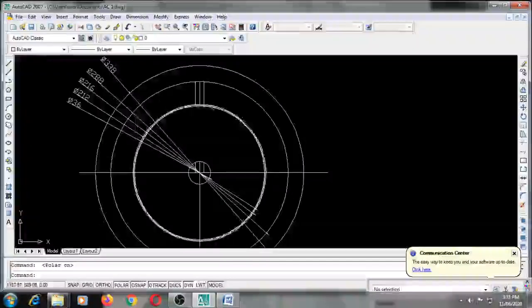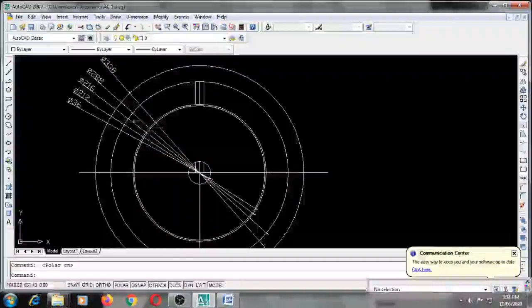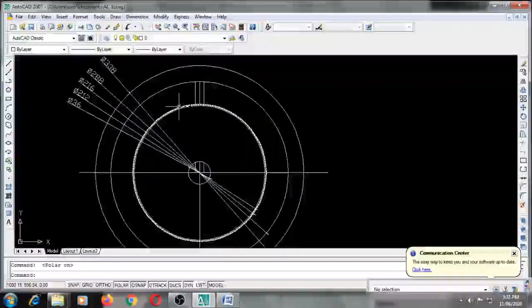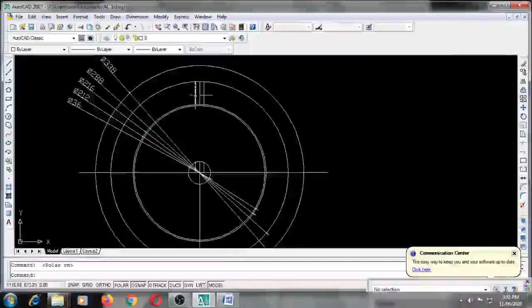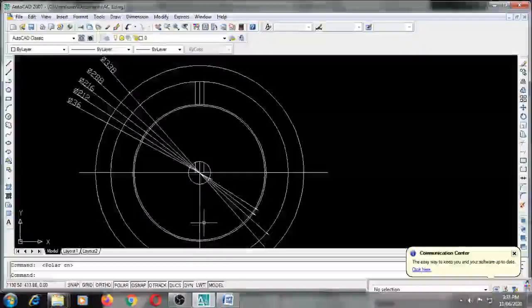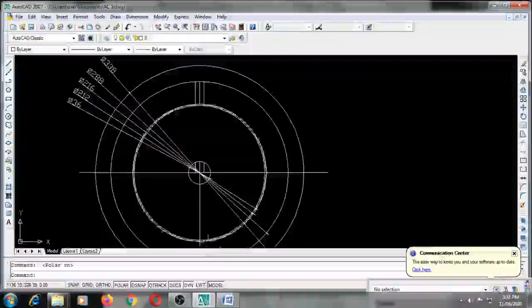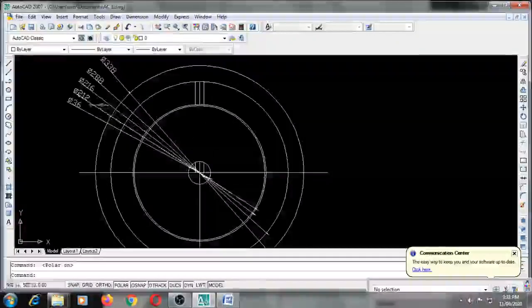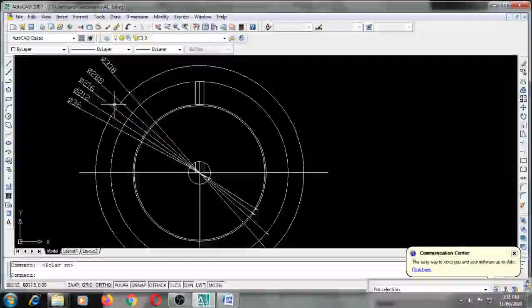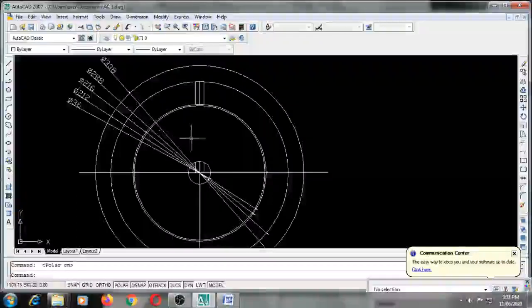So to get the dimensions of that circle, we do one thing. 216 is the dimension of the inner diameter. For that, plus 6 mm, because the height of the slot is 6 mm. So this side I will get 6 mm. Even at this side, the bottom side, we get 6 mm. So totally 12 mm. 216 plus 12, so that is 228. So 228 mm is the dimension for the circle.